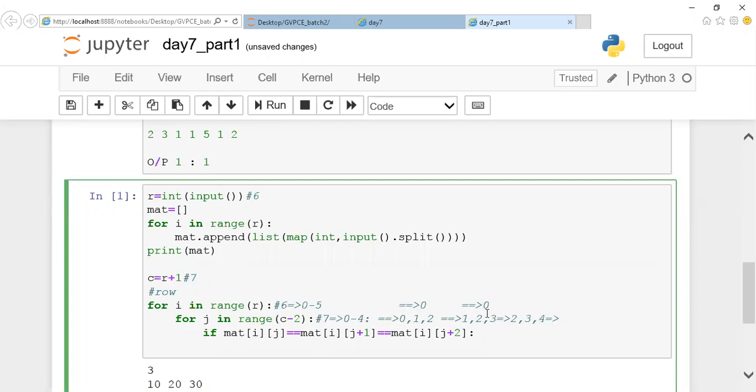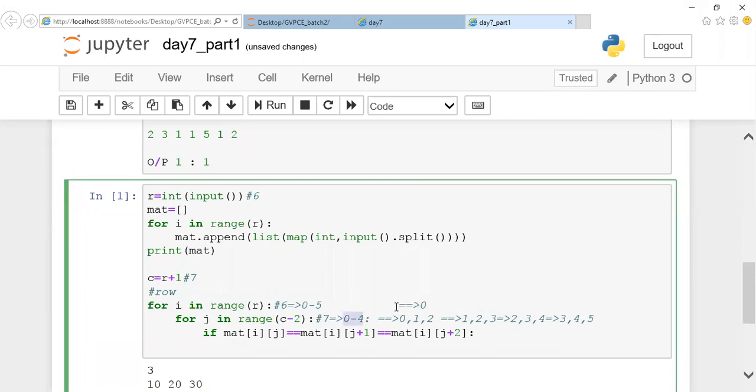Okay, so you can notice that it will go till 3 combination, right? So when it goes next time, 3, 4, 5. So we can notice that what is the size of it? We are having only 6. So if you are having 3 combination for when your i value is 0, your j will execute how many times? We have mentioned as 4 times. 0 to 4 it is going to execute. Your j is going to execute 4 times.